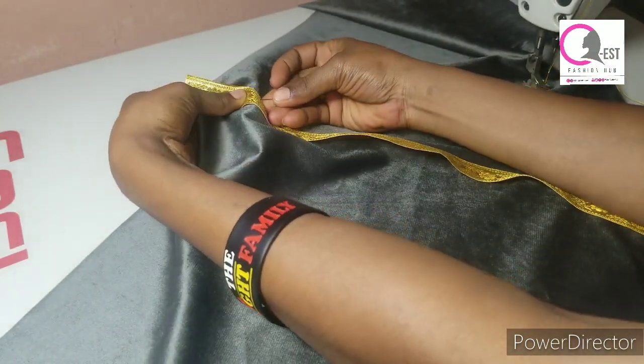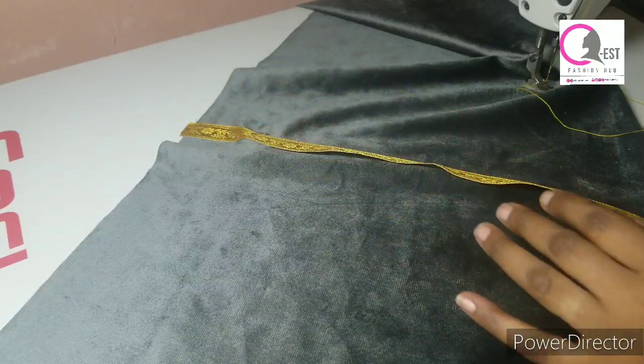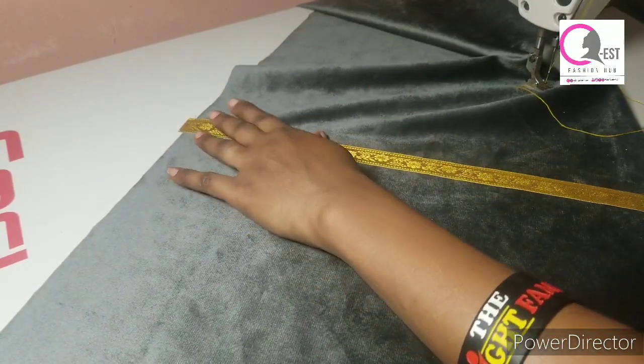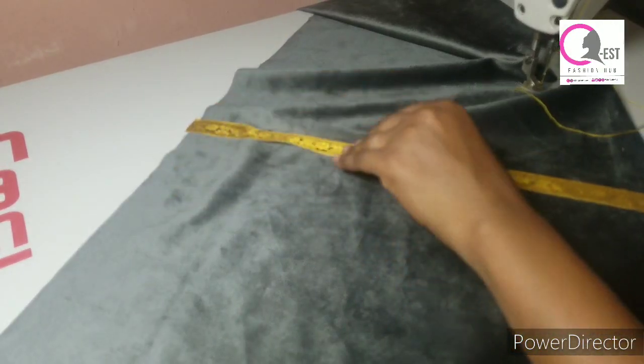So I'm just going to use my pins to secure it down so that it will be easy for me to stitch on it. Okay,